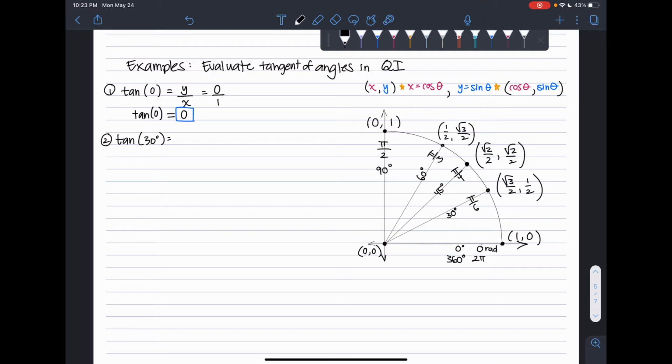All right, so let's try something a little more challenging. Let's look at the tangent of 30 degrees. This is the same thing as tangent of pi over 6. Again, we're going to solve this by taking the y and dividing it by x. So we get 1/2 divided by,